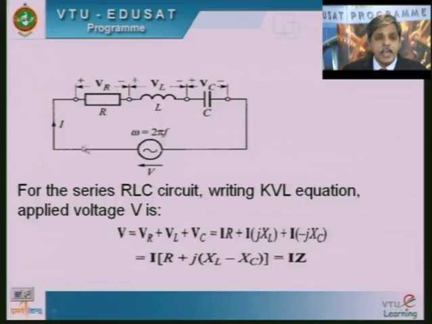Therefore the current I times omega L will give you the voltage drop across the inductor, where I is the RMS value and omega L is the inductive reactance. So VL is the RMS value of the voltage drop. For an inductor, VL is equal to omega L multiplied by I. Now I will come to the directions of these voltage drops later.